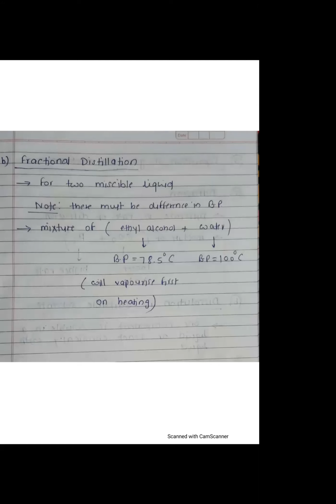Arsil: What is the difference between normal alcohol and ethyl alcohol? Beta, the alcohol we use for drinking is ethyl alcohol only. And there may be many types of alcohol, like methyl alcohol, ethyl alcohol, propyl alcohol, butyl alcohol. There are many alcohols. Okay, thank you. I hope now these things are clear to everyone.